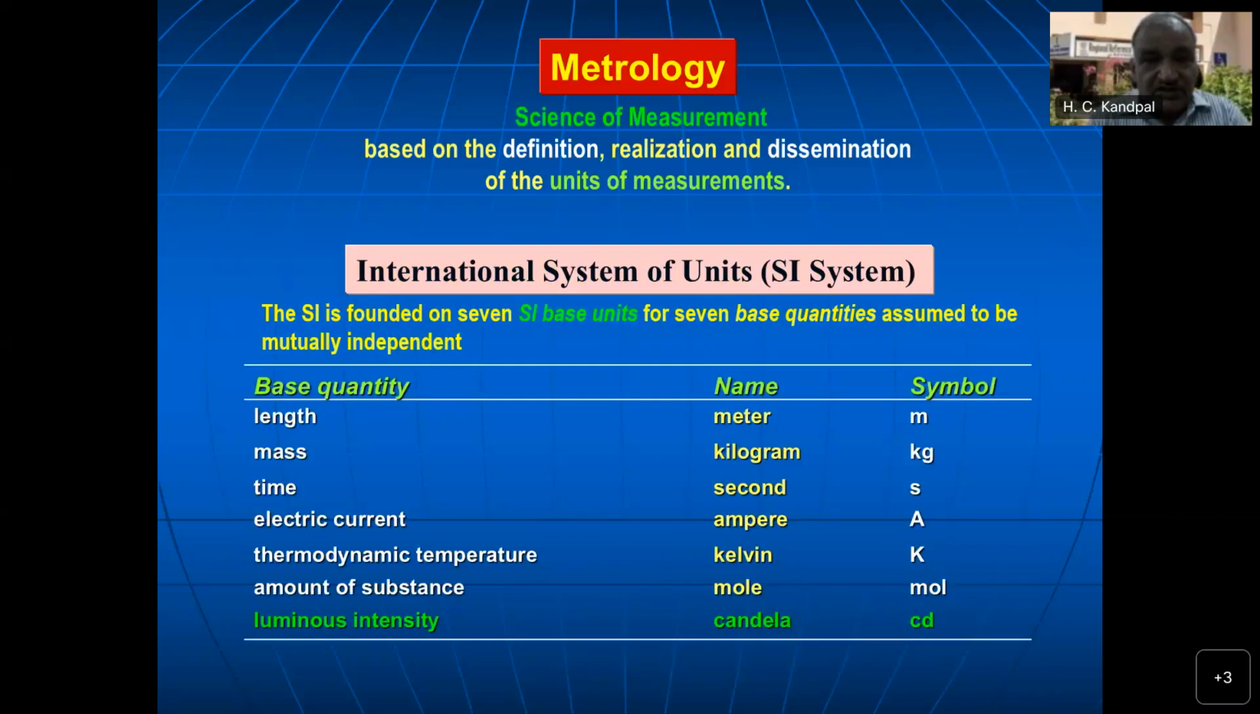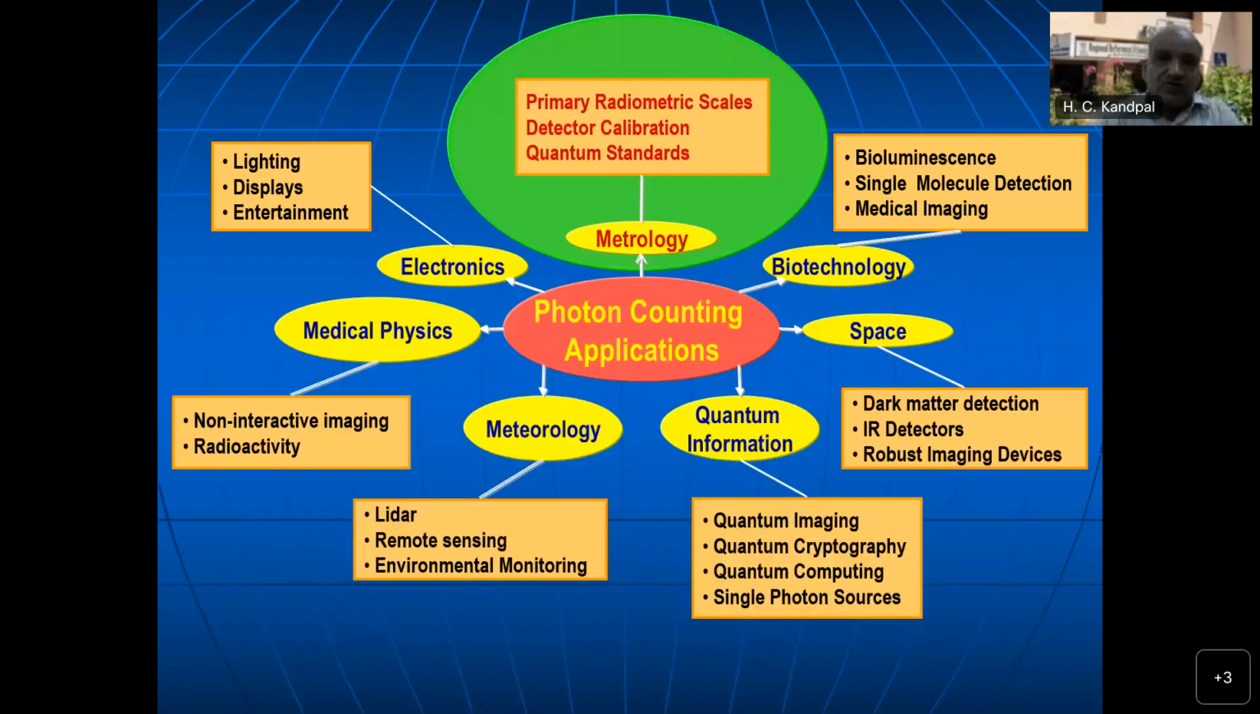And this is the list of the International System of Units, the SI system, and luminous intensity is the base unit, or the SI unit is candela, and its symbol is cd. Now, metrology has advanced so much that we are now talking of photon counting applications